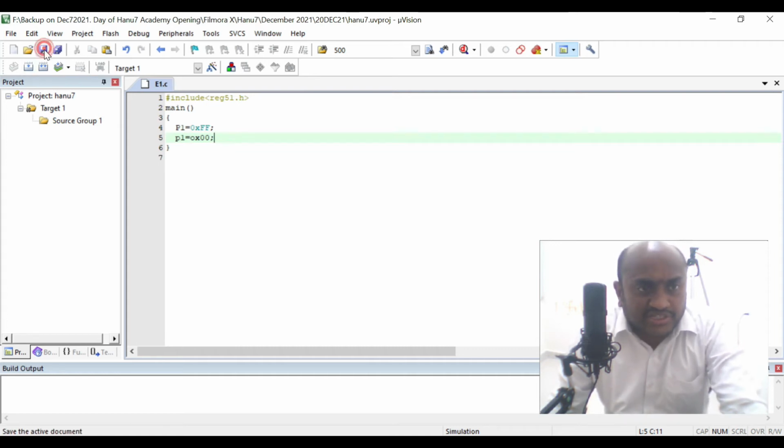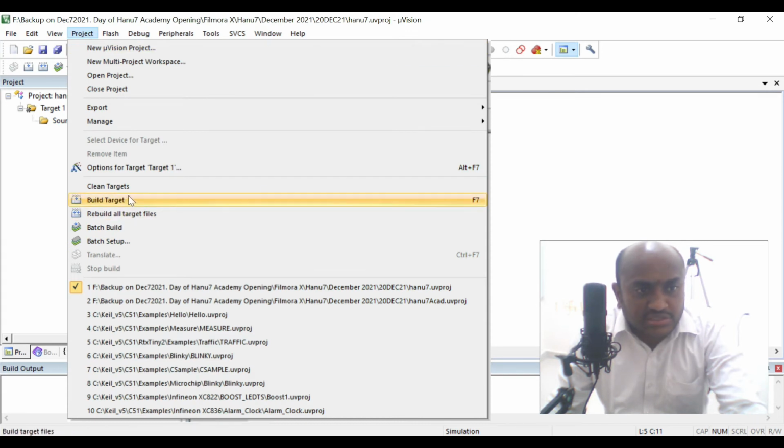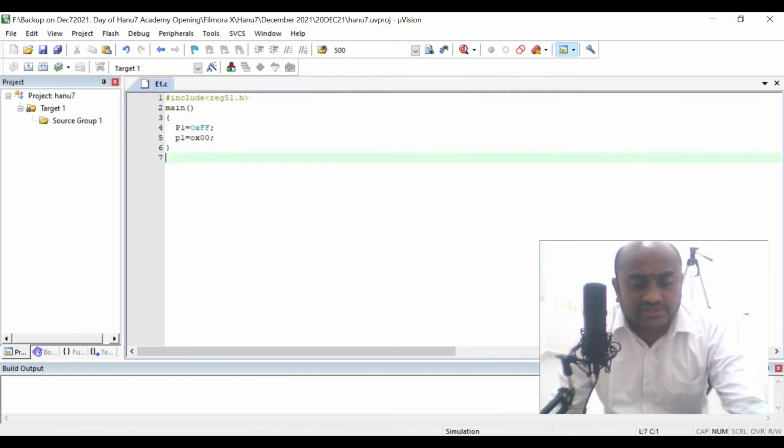So finally save it again, and then after saving this, go to the Project menu, and there is an option to compile this program. It is Build Target. F7 is the shortcut for that. You can either press F7 directly on your keyboard, or use the option which is available above the project workspace.